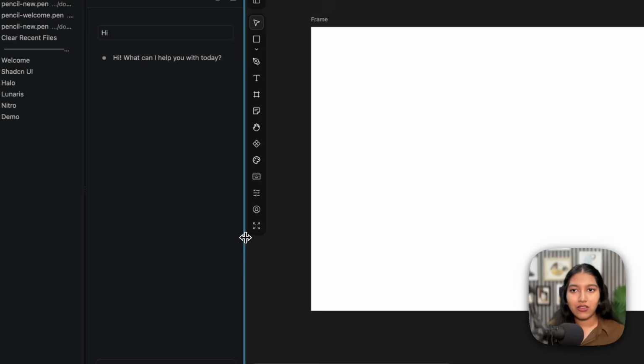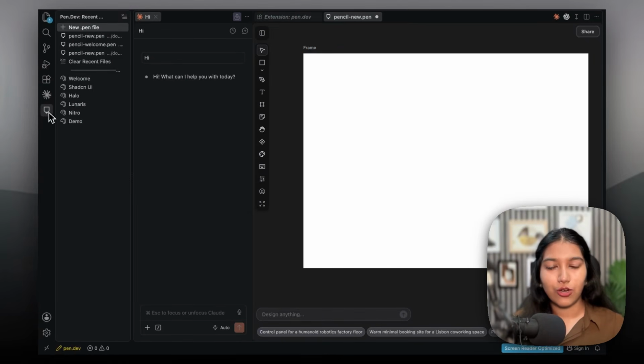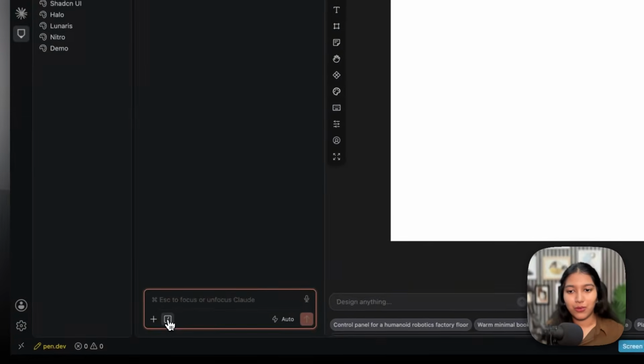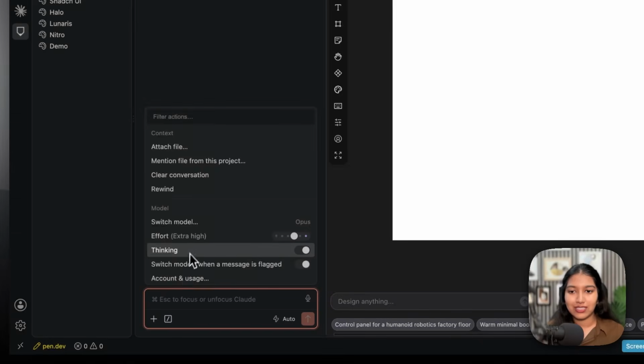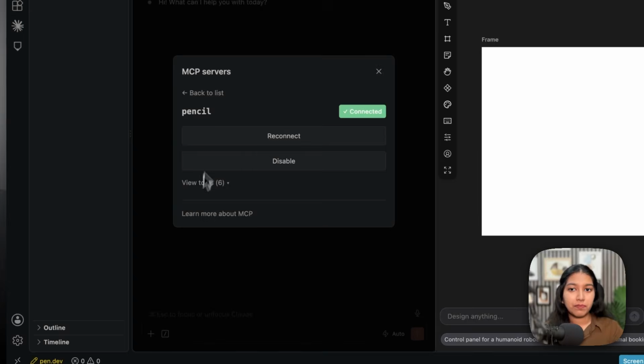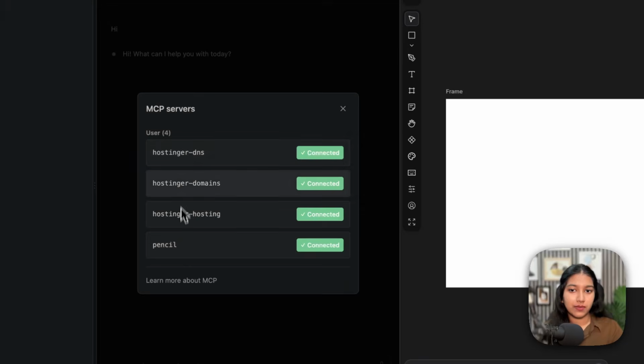Now you might think, how does Claude Code connect with this canvas? So basically, as soon as you install this extension inside of VS Code, pen.dev also connects with Claude Code via its MCP automatically. You don't have to do anything. So there's this MCP connection that takes place that connects both of these. If you want to see a proof, what you can do is you can head over to this slash and then go to MCP servers, and you should be able to spot Pencil in the list of MCP servers